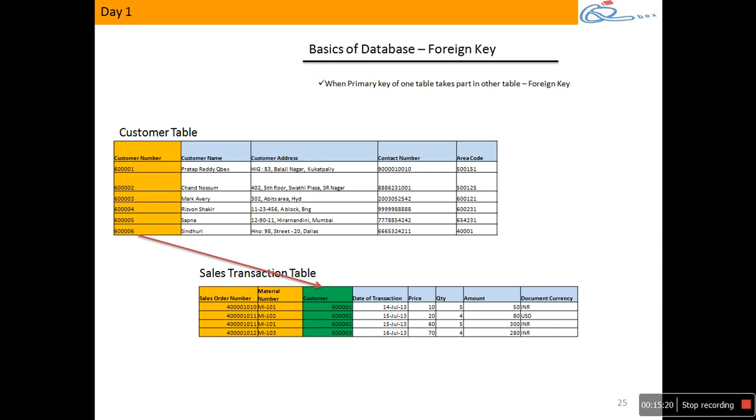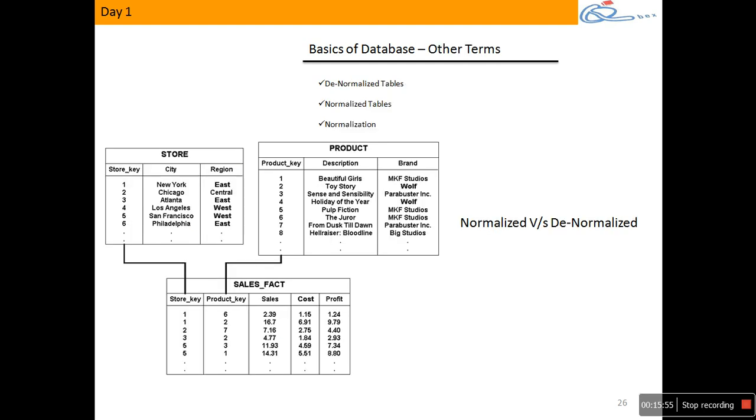If your intention is to store more data with less space, normalized. If that is not my intention, and irrespective of the data I want to get my analysis, then I can even get into denormalized also. But ultimately, whenever you are designing a database for any application, you would prefer to make it more normalized. When I say normalized, you should not find any redundancy. The data should be split across tables and then joined with what? Primary key and foreign key. Clear with this? So now you understand what denormalized tables are and what normalized tables mean.